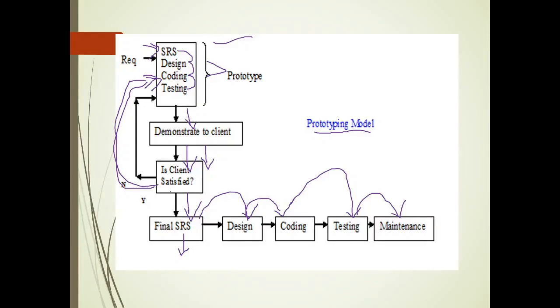In the first step, a software development organization interacts with the customer to understand their requirements. In the second step, the development organization or software developers produce a prototype to show how the actual system would look. In the third step, the customer and the development organization review the prototype frequently so that the customer's feedback is taken early in the cycle. Next, based on the prototype which is developed, the SRS document will be produced and the prototype is discarded.